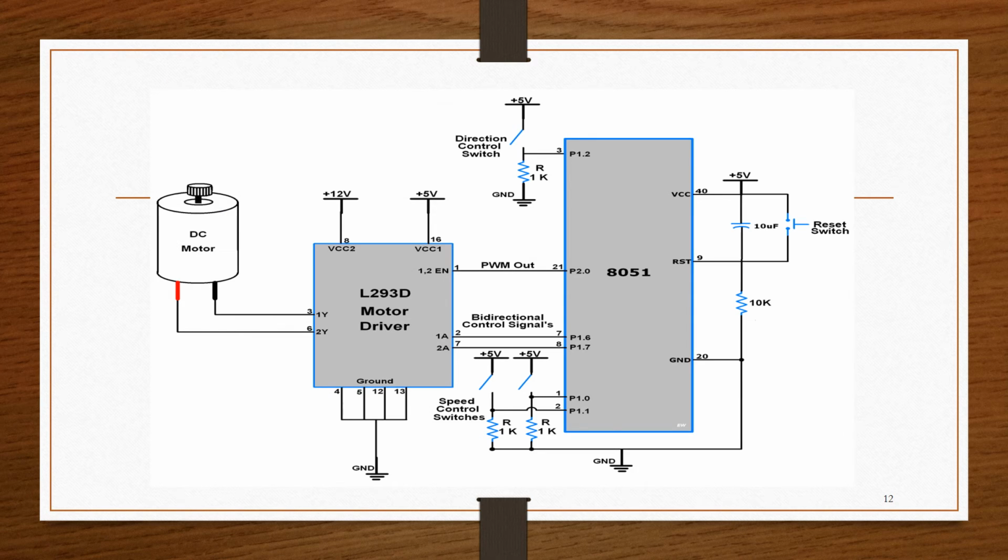So this is general interfacing. Here you can see very simple, straightforward interfacing. It is directly connected to a PWM output, which we can give from an 8051 P2.0. Say, for example, port 2 is used here, and above it one switch is maintained, a direction control switch. Based on the closed and open condition of that switch, you can change the direction of that DC motor.